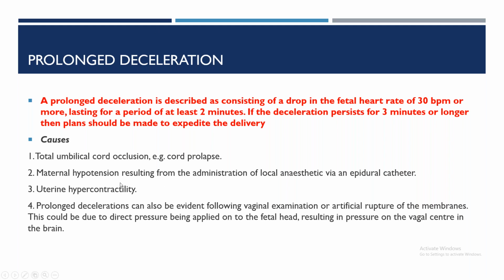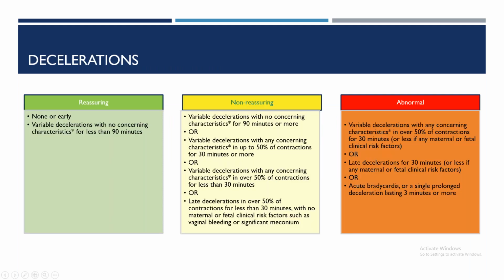So immediately after ARM, you can see this prolonged deceleration, but they usually get recovered. So now how are you going to classify this deceleration? This is the most important table. Of all this PowerPoint, this is the important thing that you have to remember, and this is the thing that you have to revise frequently, okay? Because all other things you can remember. This is the difficult part to remember.